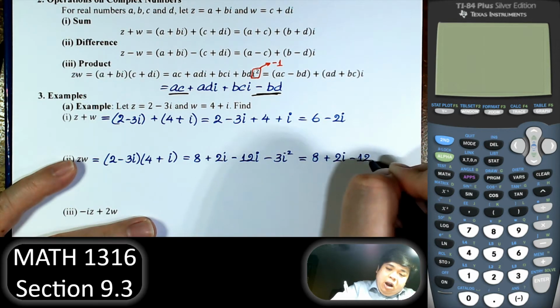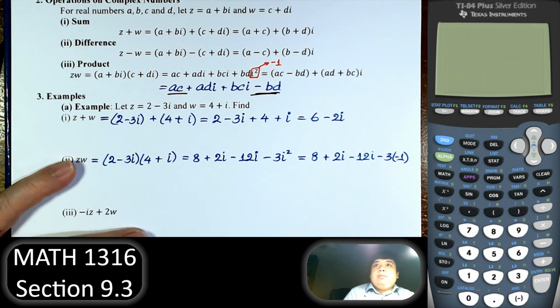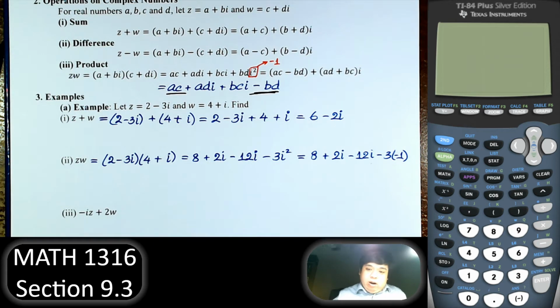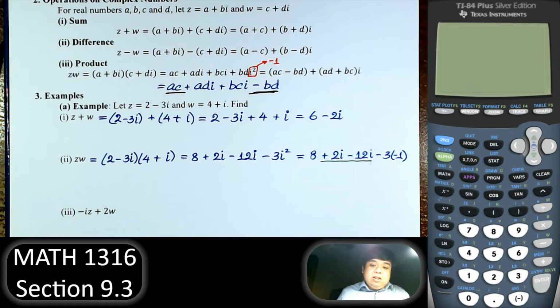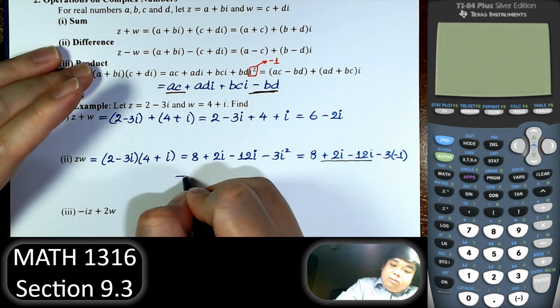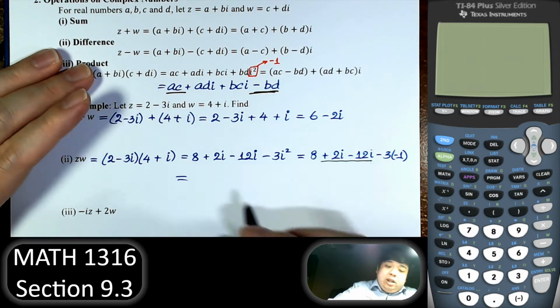Now combine like terms. That gives us -10i, and then 8 minus -3, so 8 plus 3 is 11,